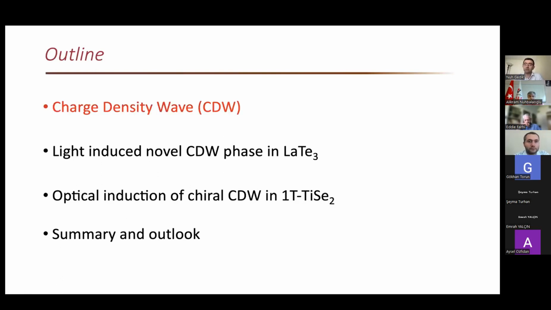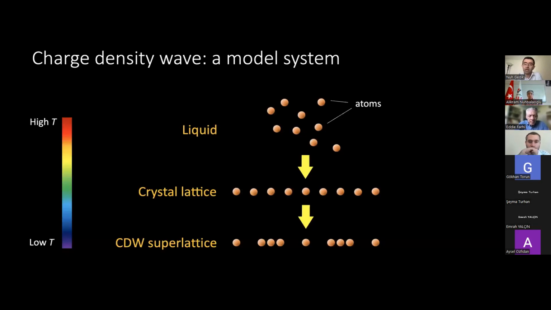Okay, so let's actually start with charge density waves. Remember, this is our model system to study light-induced phase transitions. So what is a charge density wave? In regular solids, maybe something is a liquid, you cool it down, it becomes a crystal. And in these charge density waves, if you cool it down further, a superlattice develops in the material. In other words, there's a sinusoidal modulation of the atomic position. Some atoms will get closer, some atoms will get farther away. There's a sinusoidal wave that actually